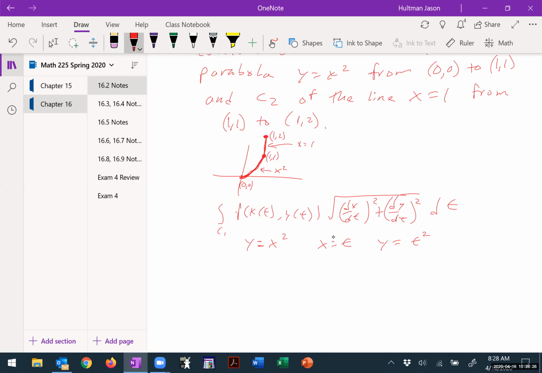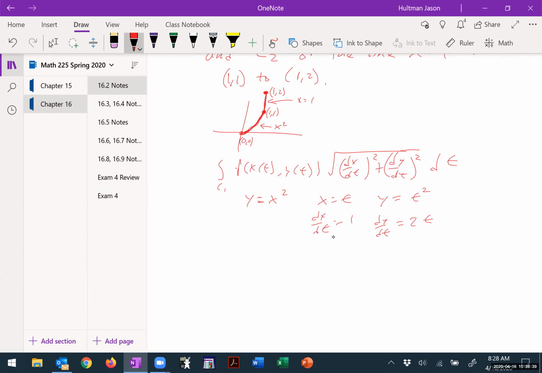So what would be dx dt? Well, that would just be 1. What would be dy dt? Well, that would just be 2t. And then what's t going from? If x is equal to t, then for our segment of parabola, what is x going